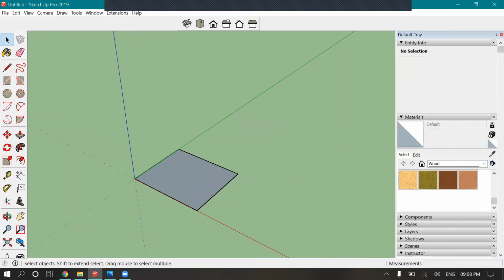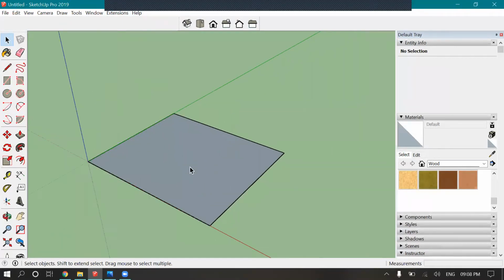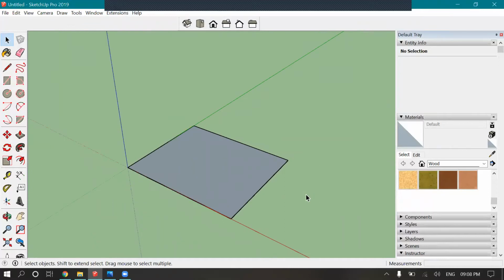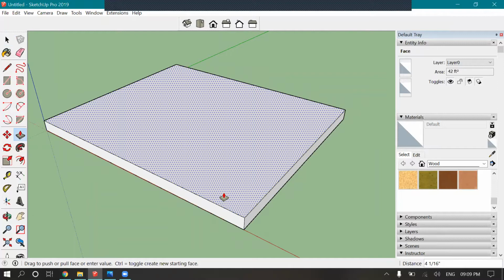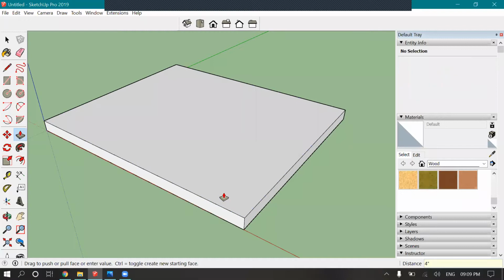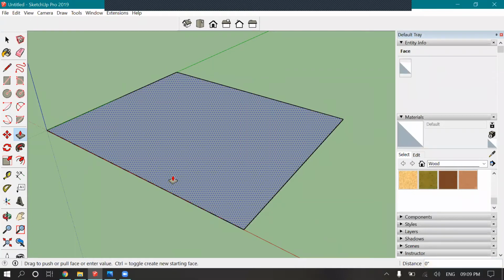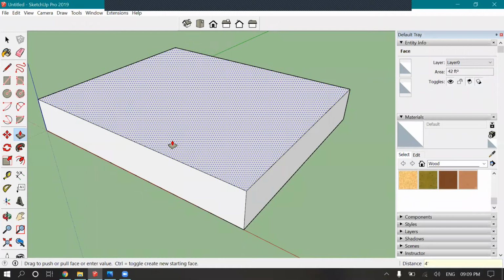So here we are giving in feet, so we can select feet. Feet and inches, 12 inches equals 1 foot. So you are using it in feet as well as in inches. Like if I want to push-pull it by 4 inches, just type the distance, 4 inches, and it will take it. And suppose we want to give it as 4 feet, so 4 feet.